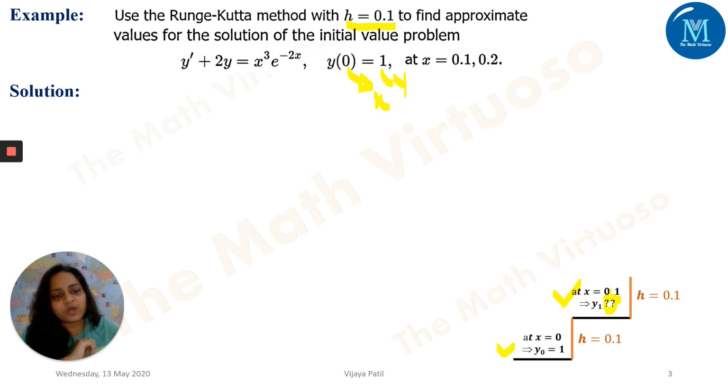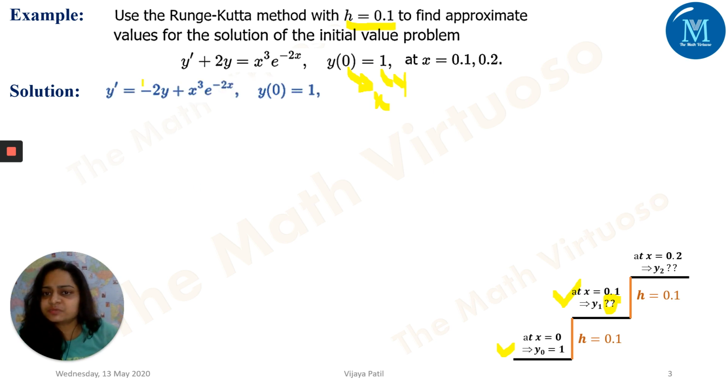Again, if I add this 0.1 to x, I'll reach x = 0.2, and at that point I need to calculate my y. That would be my y2, because as per the formula we defined in the previous slide, we have y(i+1), which is equal to yi. Every time we are calculating that yi, what will be my y1, what will be my y2, what will be my y3? Every time we are reaching the next point using the previous one. So it's known as an iterative method. It's known as numerical analysis, and we are doing that.